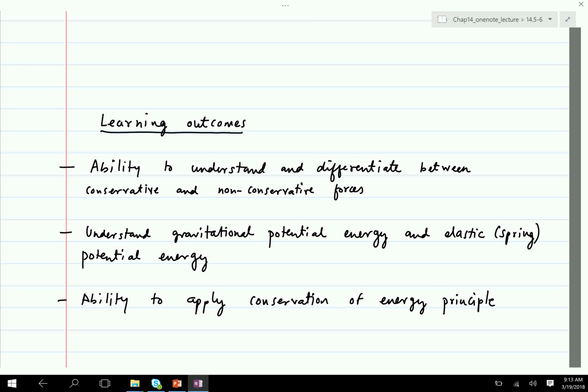Today's part is about conservation of energy. So in the previous class we learned about work done, the principle of work done, and how to use that principle in order to solve for things like forces, acceleration, and so on. So we're going to use a different idea called conservation of energy, and then we'll have to define the energy